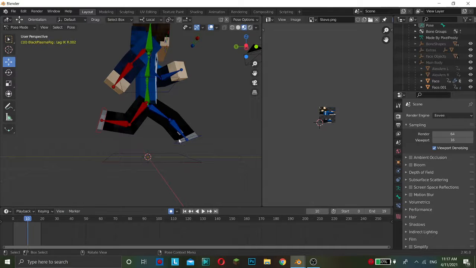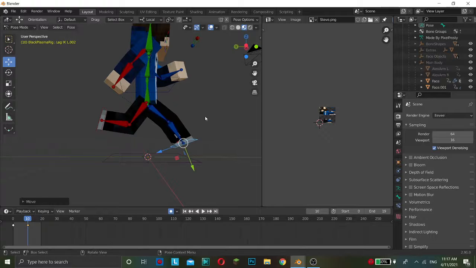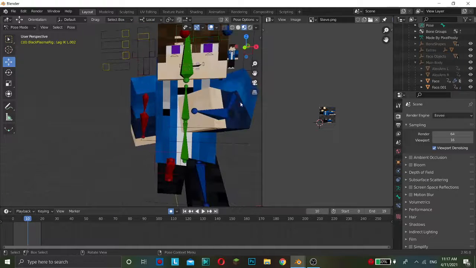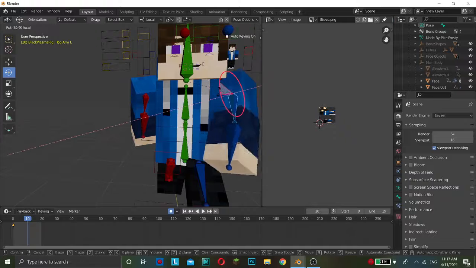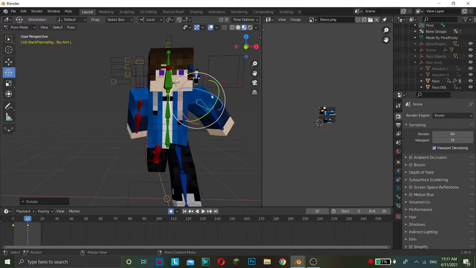At position 10, I want to move that more downward, like that. And then at this position, we want to set this one down and move backward and set it up like something like this,